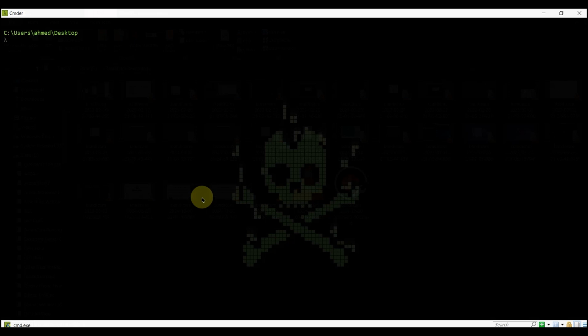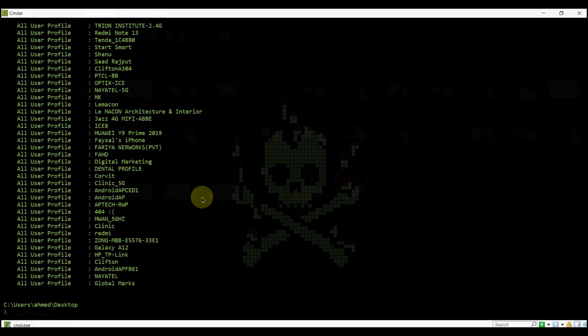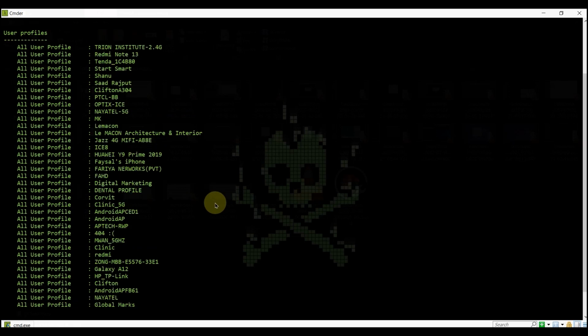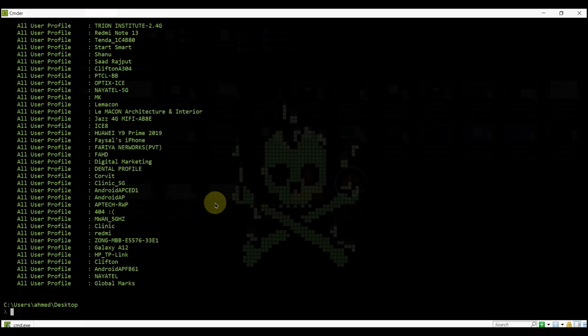So let's begin. First of all, we'll extract all the Wi-Fi SSIDs from the command prompt. Just for your knowledge, I'm typing netsh WLAN show profiles, and this command will list all the Wi-Fi SSIDs stored on my laptop. So these are all the